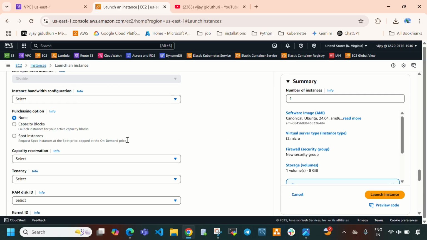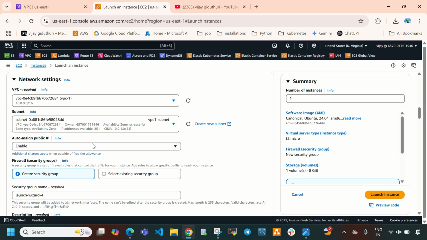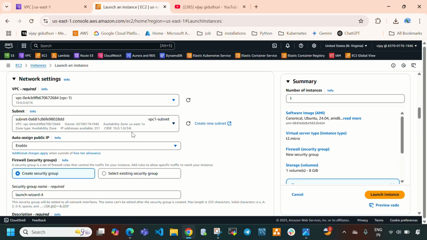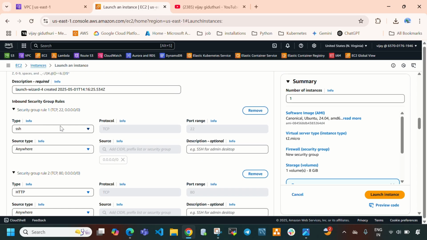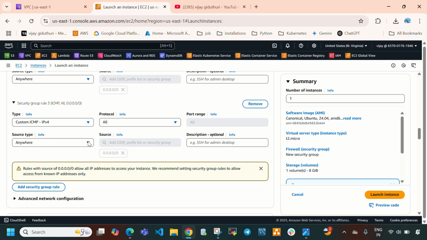Once again, this EC2 instance we are going to create under VPC1, and we are going to provide security group rules like SSH and HTTP and ICMP for ping.